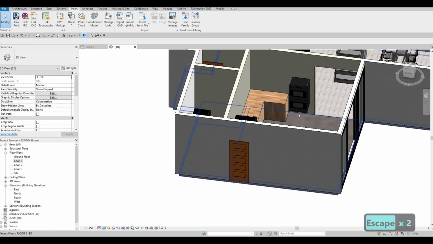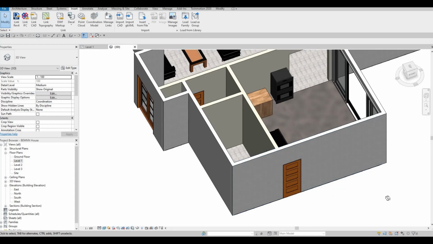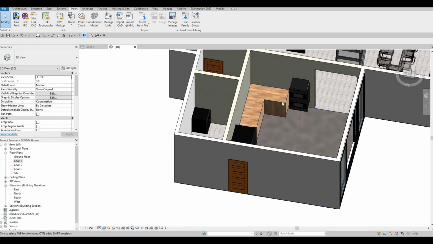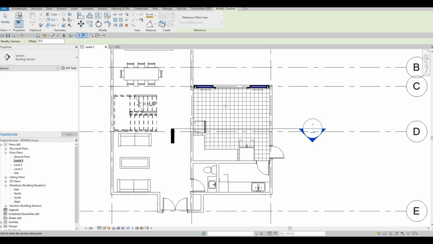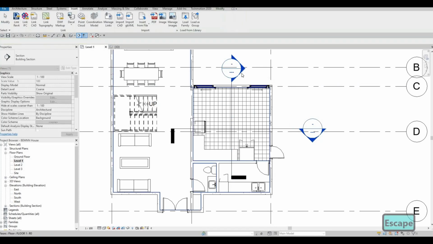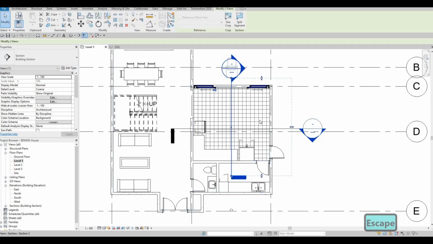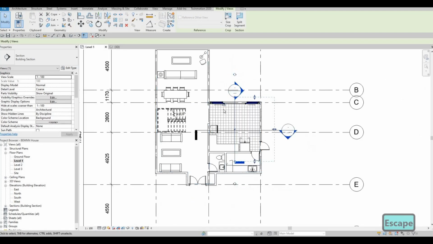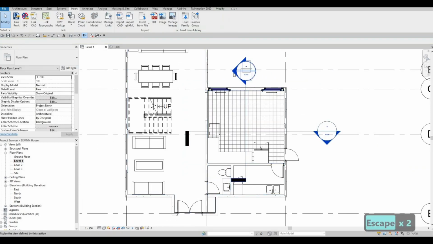And then we could put cabinetries below as well. So if we're gonna do that, maybe we could just use this one as a case as well, and then add another casing right above. So let's go to level 1. I'm going to add in another section so that we could visualize the other side. You just need to flip this, select this one on the stem, flip it, look for the flip icon right here, and then let's double click